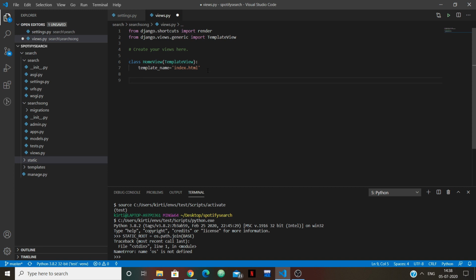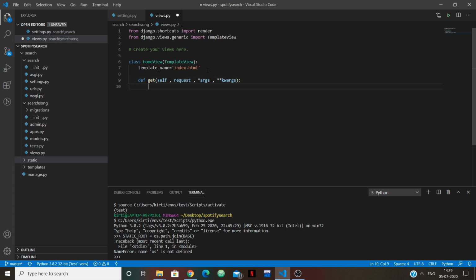Okay, then we will create a function which is def get, and this function will contain whatever request we post on the search bar. This function will get that request so that our APIs can work on it.